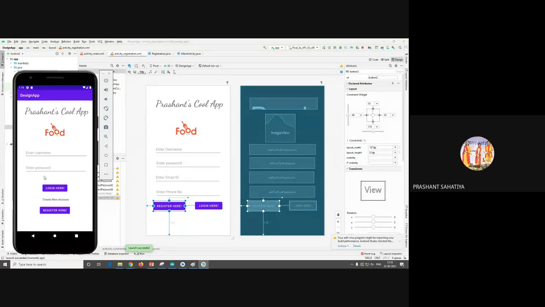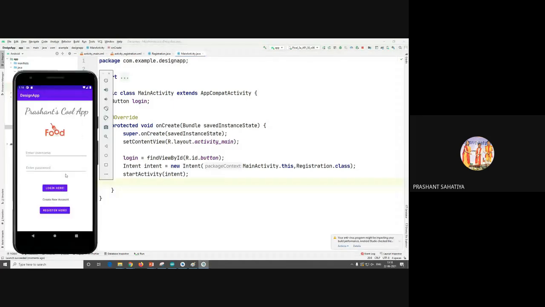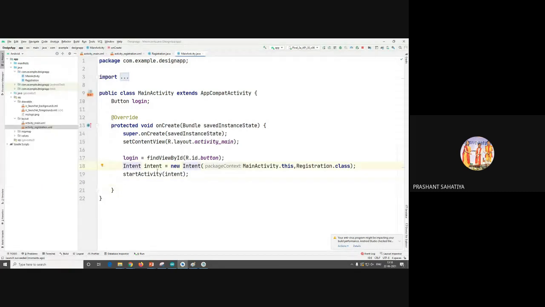It is opening the registration app. Let us see. Now see, if I click on the login portion, it is not going anywhere, I guess. Okay, my mistake.